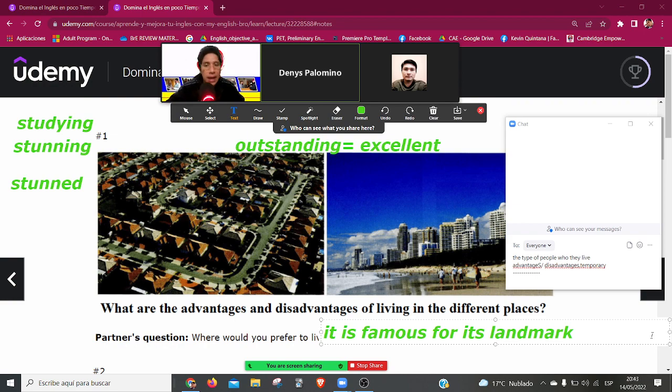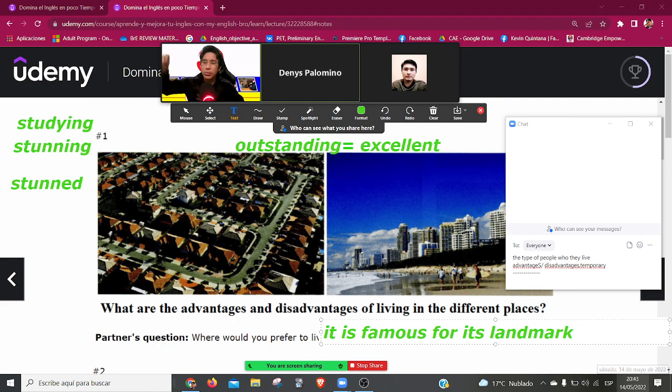Another one, the Eiffel Tower, Chichen Itza, etc., is a landmark. You can say, for example, La Playa El Silencio is a landmark because it's pretty famous, you know? Everyone knows that place because of that. It is a known landmark place. It's a place, of course. Puede ser un lugar, puede ser una construcción, donde se conozca ese lugar solamente por eso.